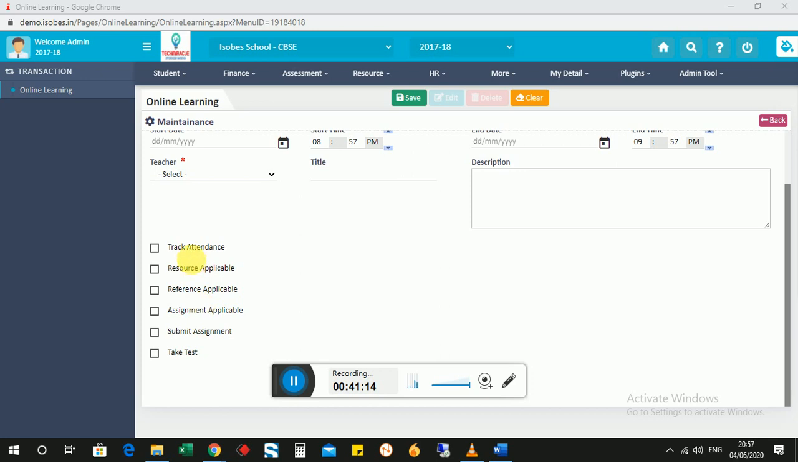We have a track attendance option over here, so the attendance of the students can be tracked in a live lecture, how many times the student is doing login and the logout. We have a resource applicable option over here, wherein we can define the path of the videos where we have kept. We have the reference applicable. If any kind of reference, Google reference link we want to share with the students,